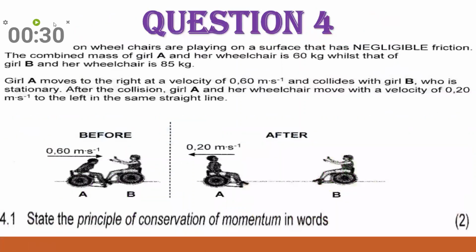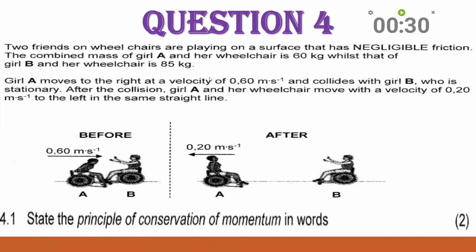Number one, question, momentum question is coming now. It is number 4 from our past paper. So, two friends are coming toward each other. First, girl A, and her wheelchair is 60 kg. Mass, we know. For A, mass is 60 kg, and then speed to the right, 0.60 meter per second,